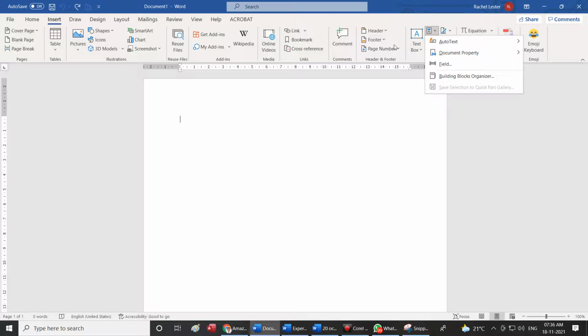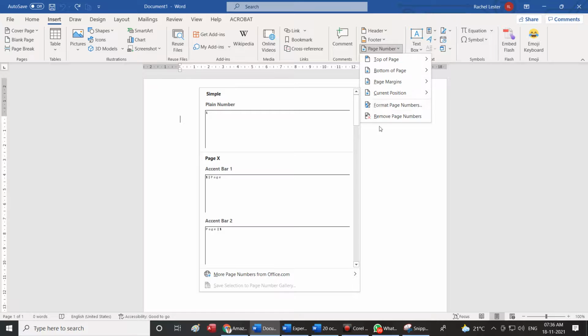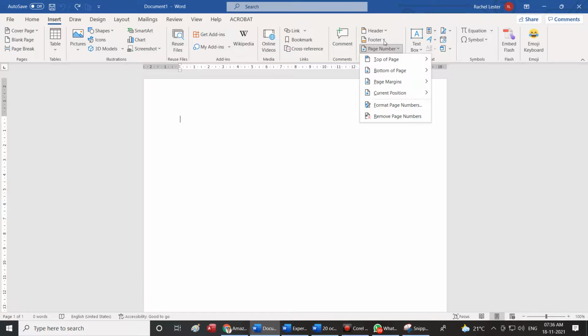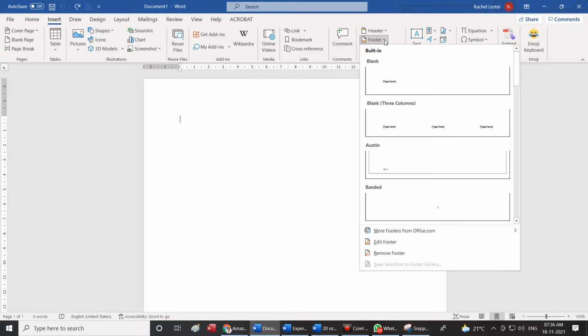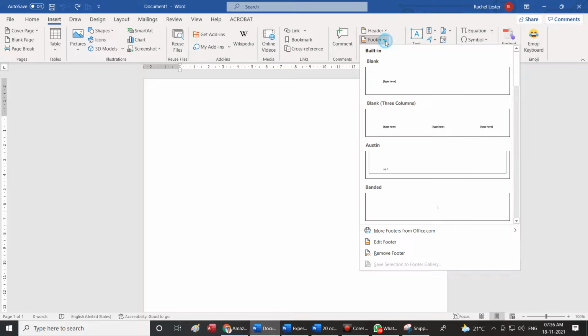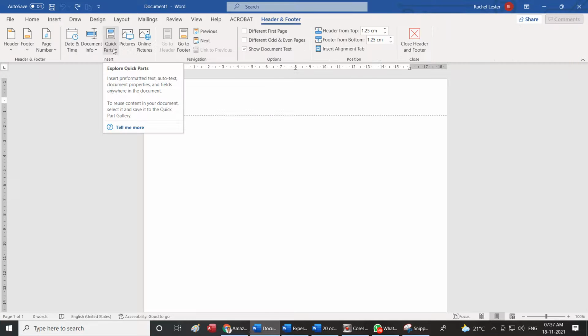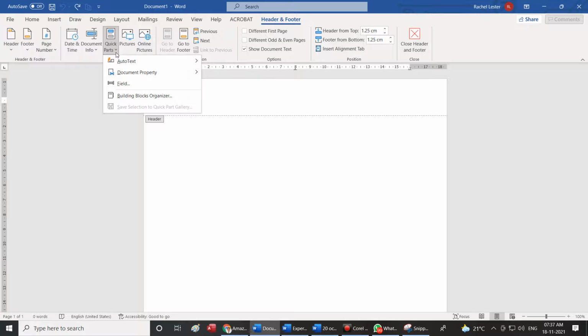Yesterday, if you remember, when we went to header and footer, when we came to this insert group option, here was the quick parts.